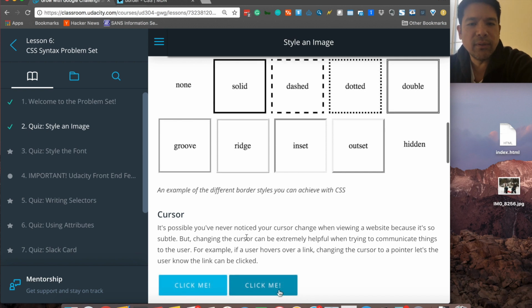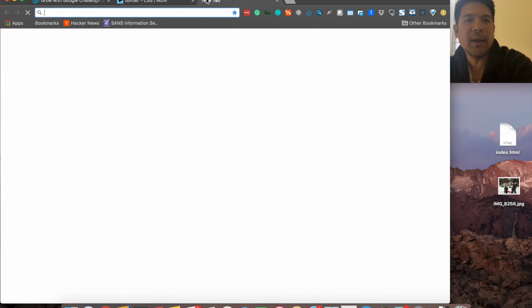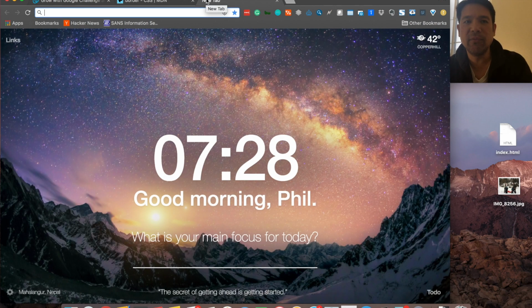Cursor. It's possible you've never noticed your cursor change when viewing a website because it's so subtle, but changing the cursor can be extremely helpful when trying to communicate things to the user. For example, if a user hovers over a link, changing the cursor to a pointer lets a user know that it can be clicked. That actually, my experience with this, again, we're developing a